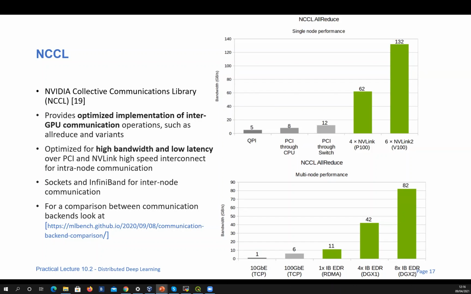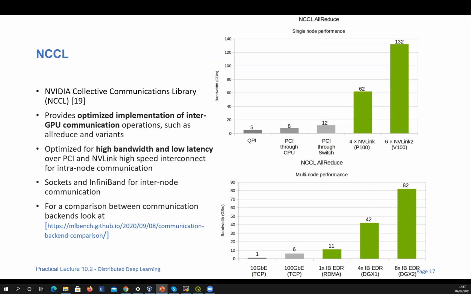MPI can be used with GPUs, but NCCL is specifically designed to work with NVIDIA GPUs, and it provides optimized operations on NVIDIA GPUs with higher bandwidth and lower latency compared to other backends, which are, again, MPI. But there are also other backends that are used. For example,